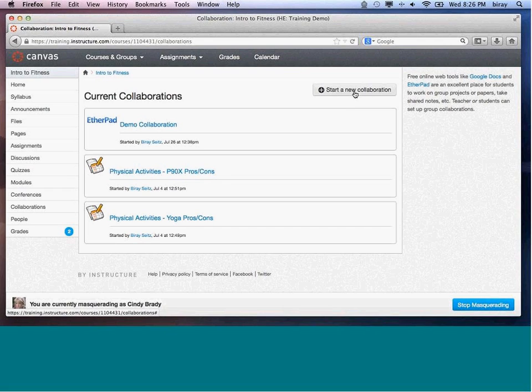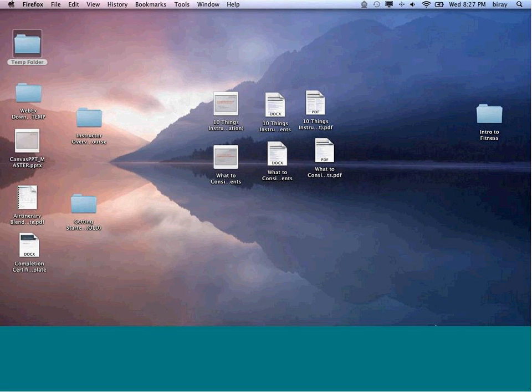So to start a new collaboration, if you're going to use Google Docs, you have to make sure Google Docs is enabled on your campus. So from an administrative point of view, Google Docs has to be enabled. And then also from a user point of view, Google Docs has to be enabled as well. So what I mean by that is